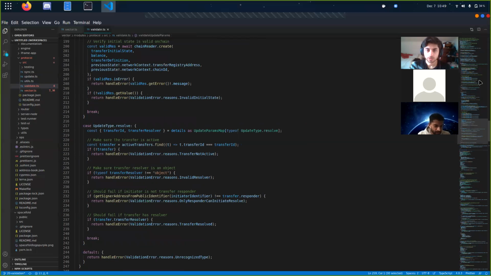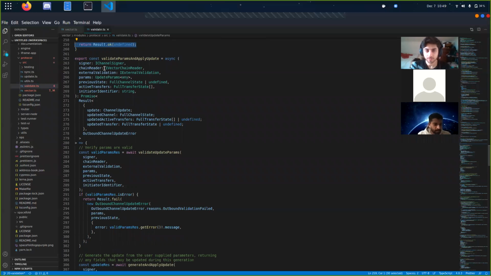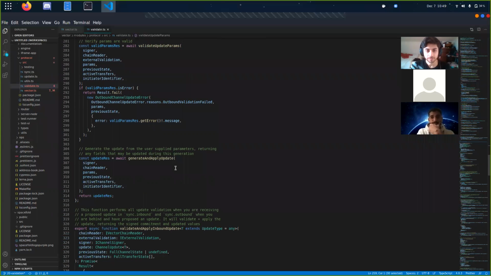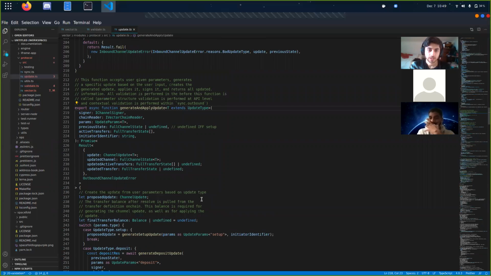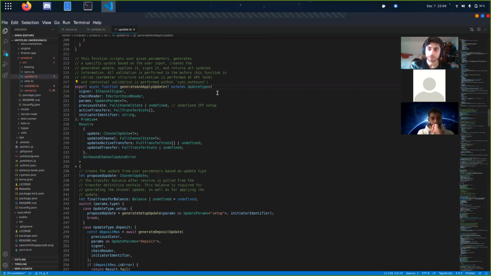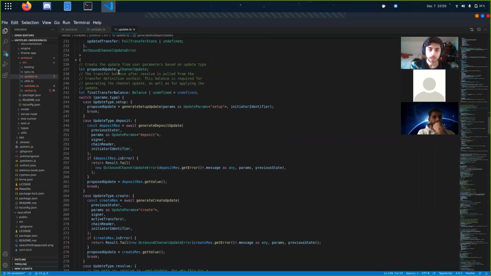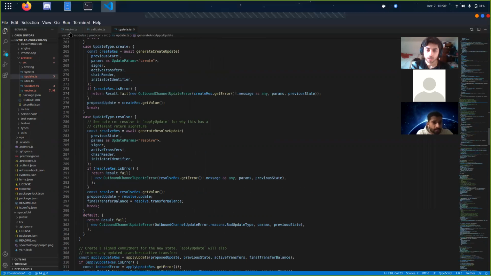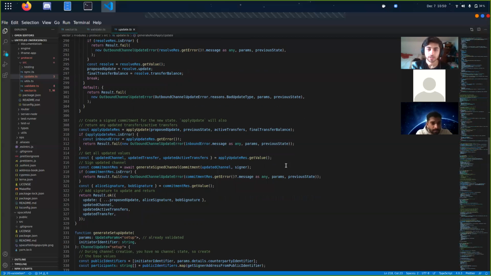Cool. So that's the core validators. And then back to the validate params and apply update. We validated the update params, then we do generate and apply update. This is the second part of it. Generate and apply update goes to the update.ts file. This creates an update associated with the parameters that were passed into the vector module. Basically there's just a switch statement here where we generate different kinds of updates depending on what update we want to create, and then we apply the update, generate a commitment for it, and then lastly return